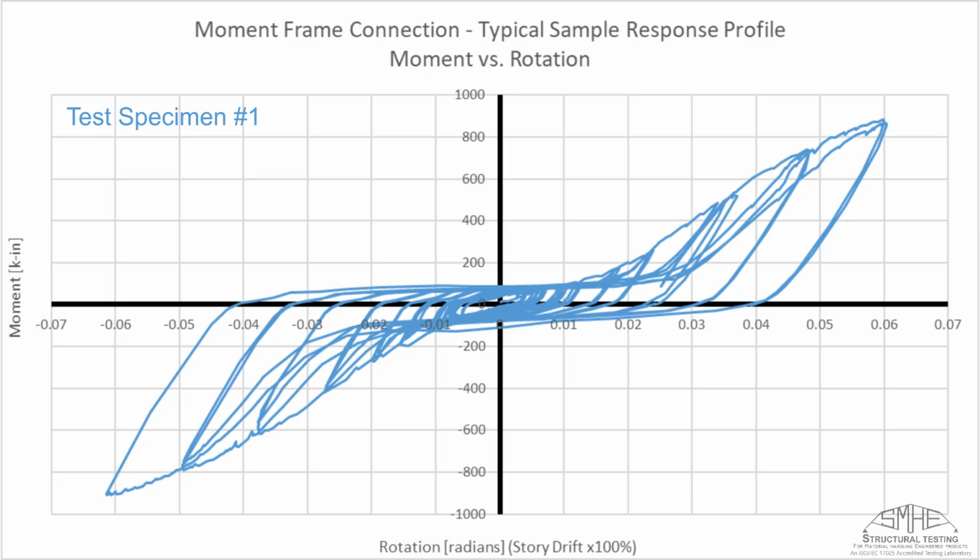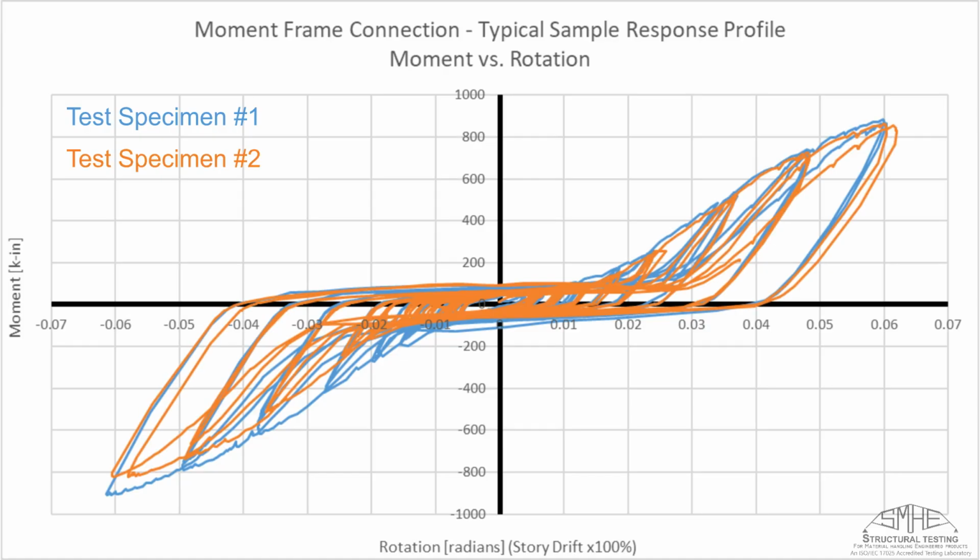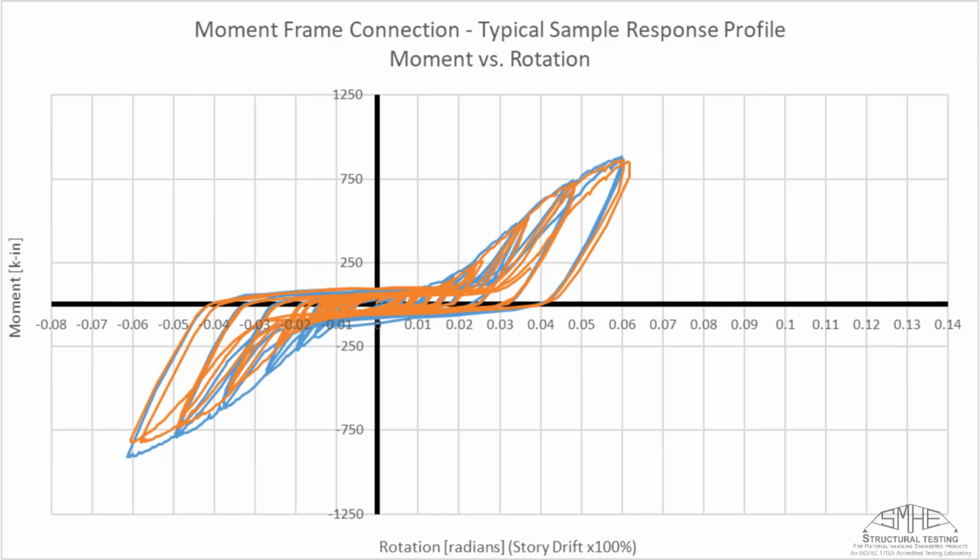This chart shows the moment-frame connection, typical sample response profile, plotting moment versus rotation for test specimen number 1. Here we introduce the data for test specimen number 2, comparing its moment versus rotation profile with test specimen number 1. This view expands the scale on the x-axis, rotation, to better encompass the full range of both test specimens'